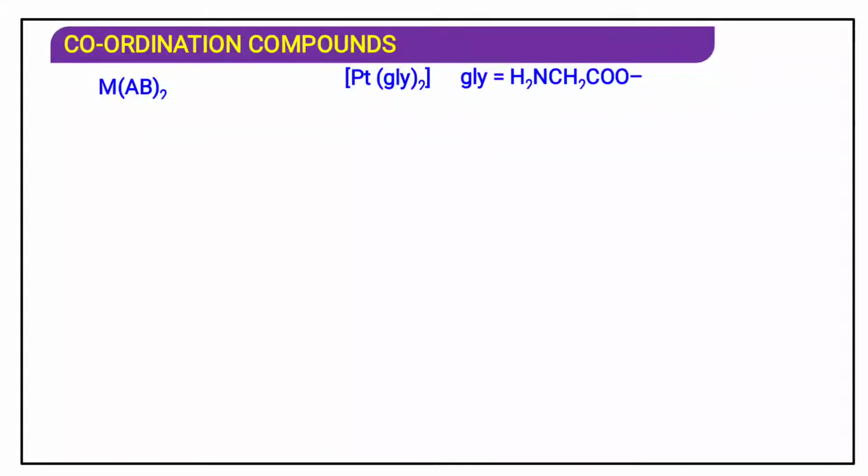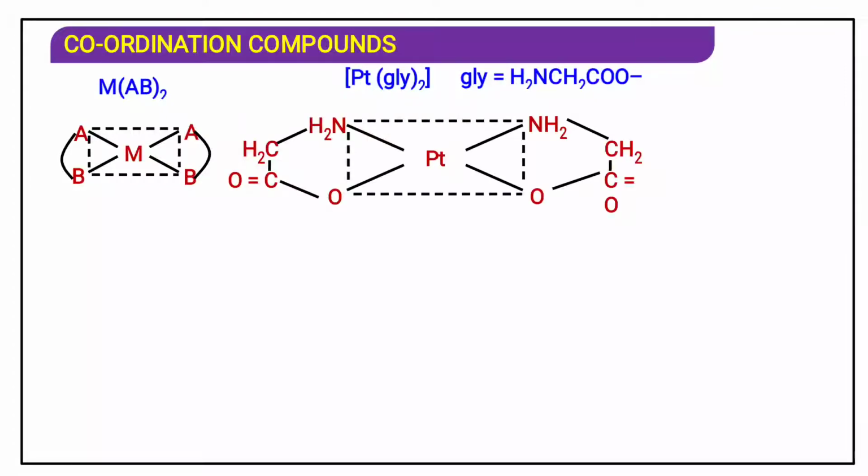Now we will see the poly and multidentate ligand, that is AB2. Over here GLY is glycine. The name of the ligand is glycino. Glycine is an alpha amino acid, which we have studied in biomolecules. The first alpha amino acid is glycine. So you can see CH2, C double bond O. This O should be over here, and see it in this way.